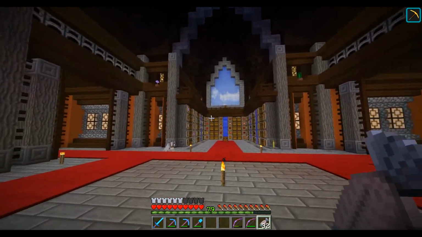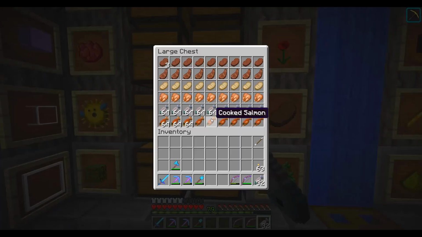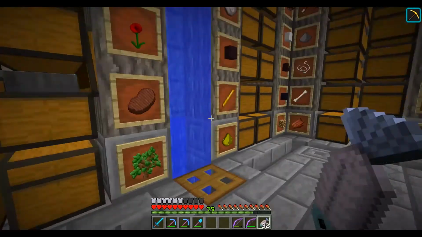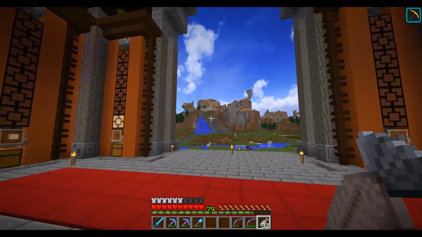Now to explain what I'm going to do, let's just go and take a look at my food chest over here. Now as you can see, we're running pretty low on food supplies. Barely have any steak, barely have any mutton or pork chops. The one thing we do have lots of, however, is the fish. And the main reason we have lots of fish is because we have our AFK fishing farm, which is inside